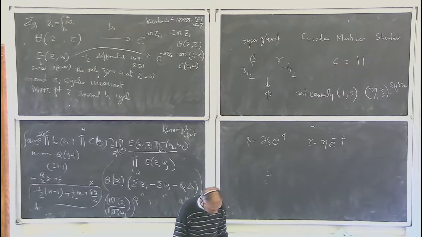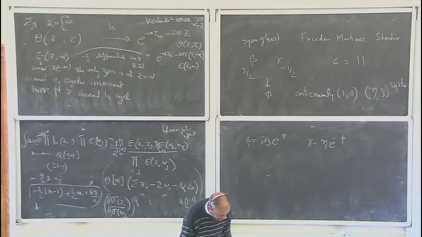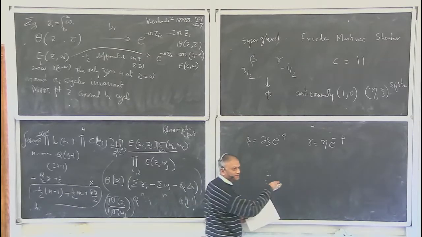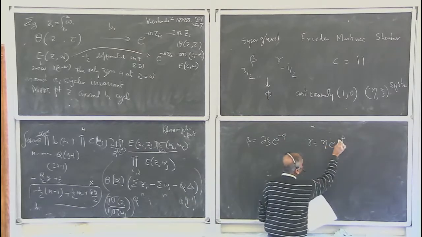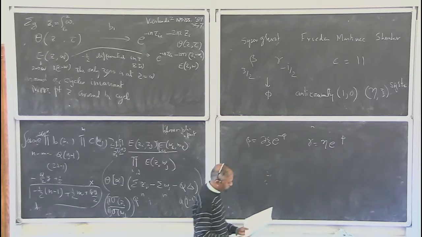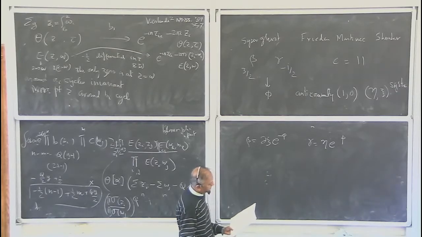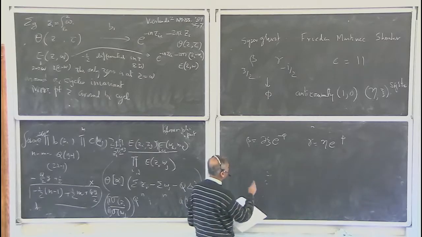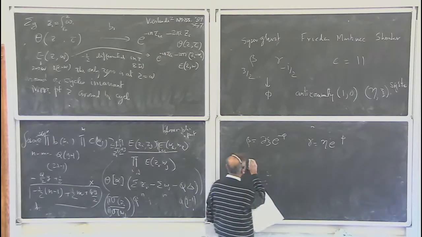I can't find the formula. Yeah, beta is d xi e to the minus phi. Correct, you're right. And gamma is eta e to the plus phi. And so this system, the beta gamma system,